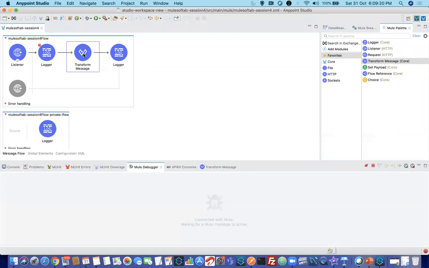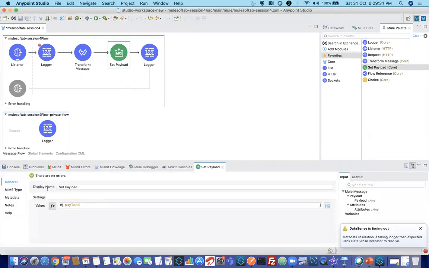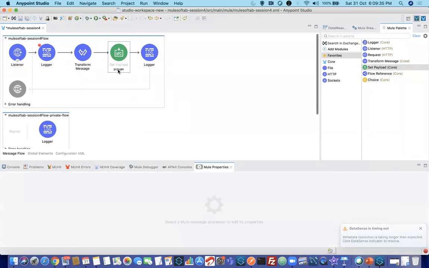Again, how to change the display name here. For set payload, you have that option, right? When you drag and drop set payload, there is an option to change the display name. If you write something like Shravan, it will show as Shravan. But for transform message, you won't have that option.